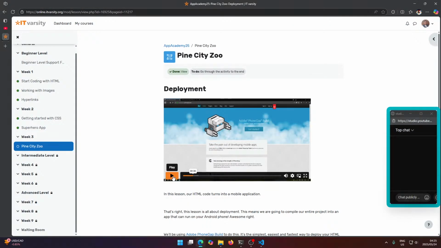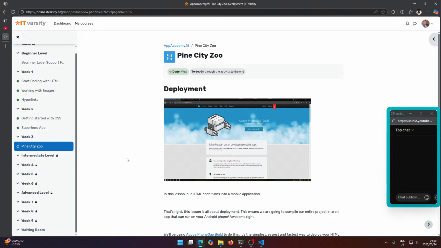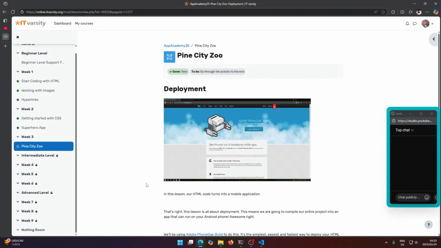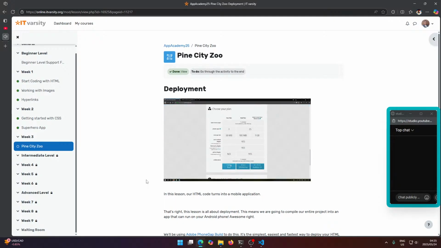So let me just head back and hit play here. Install on your Android device. It's free to use, and you do not need to download or install any additional software. All you need to do is head over to build.phonegap.com and sign up for a free account. To sign up, click on the Get Started button and click on the free plan. Next,